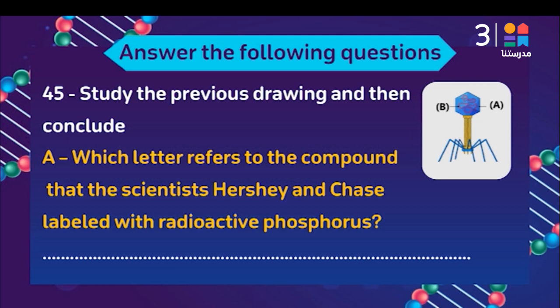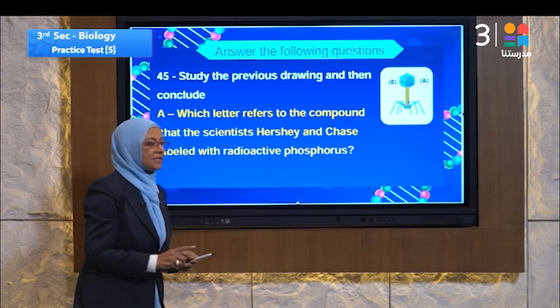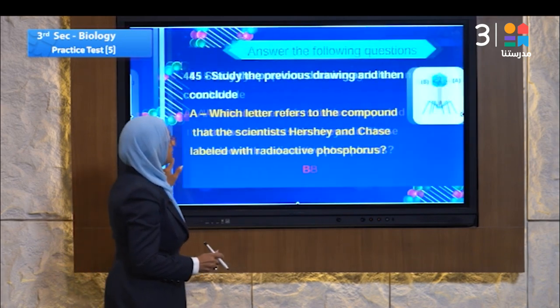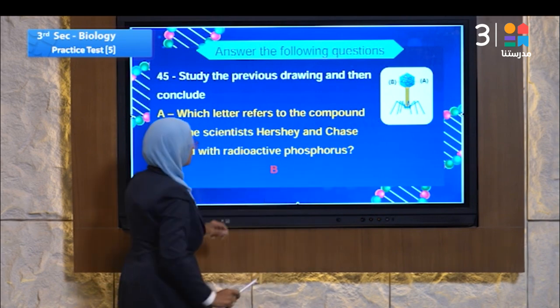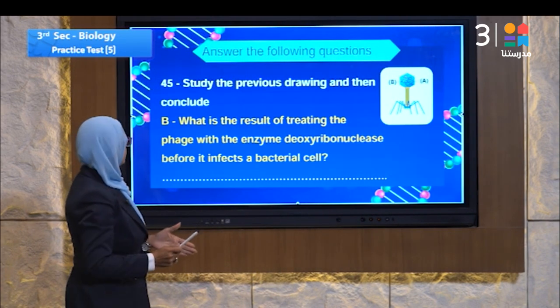Which letter refers to the compound that the scientists Hershey and Chase labeled with radioactive phosphorus? Which of them contains phosphorus? It must be DNA, so the answer must be B, because DNA contains phosphorus. Let's go to the other parts. Number B,